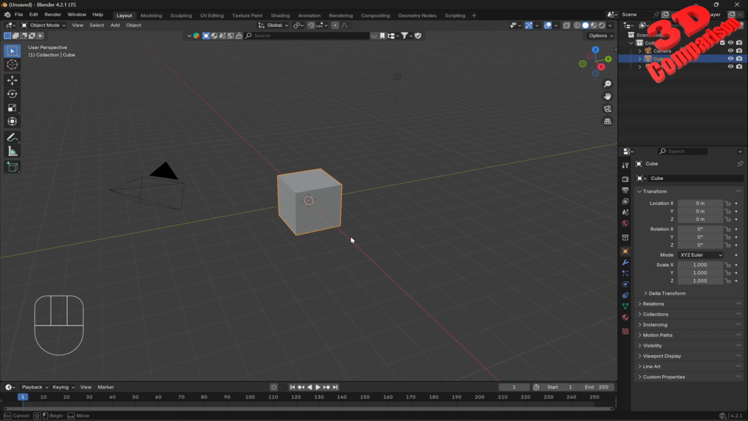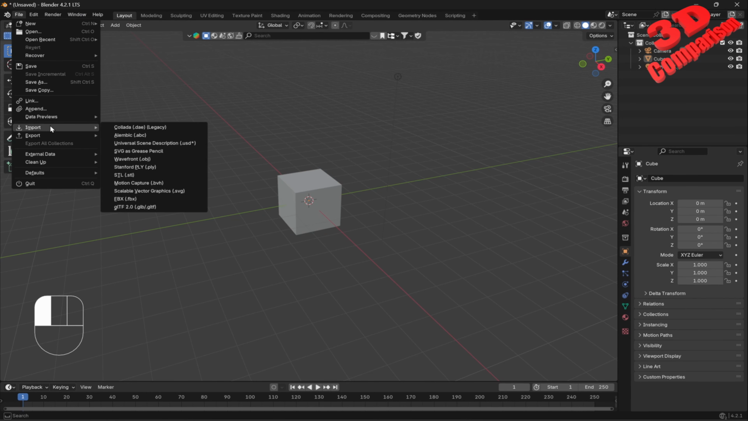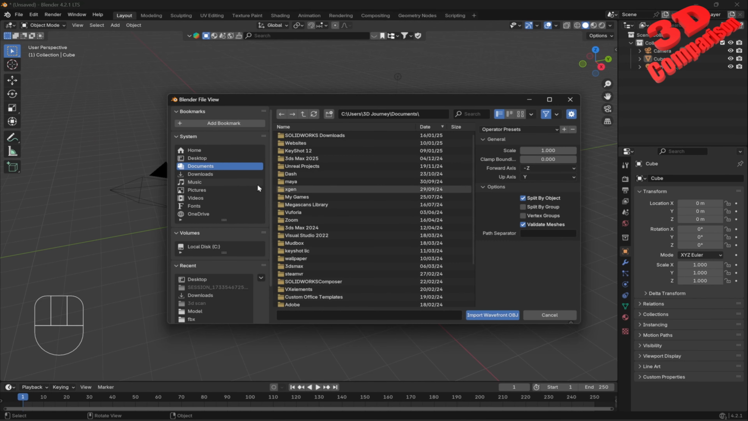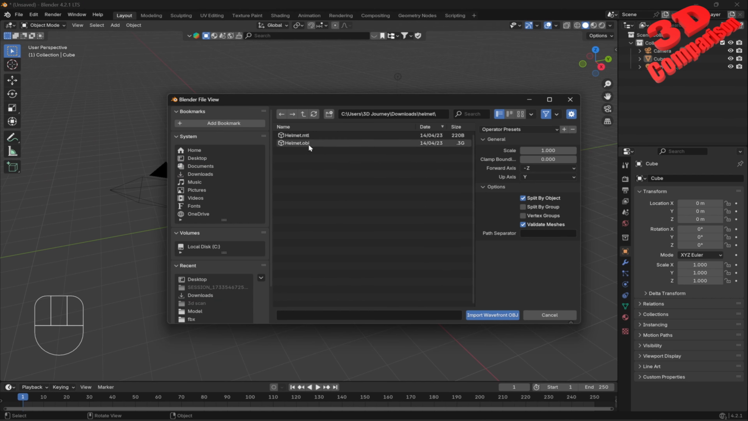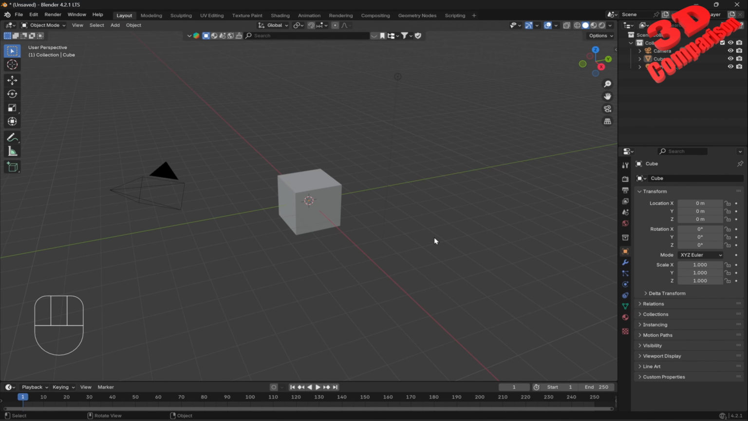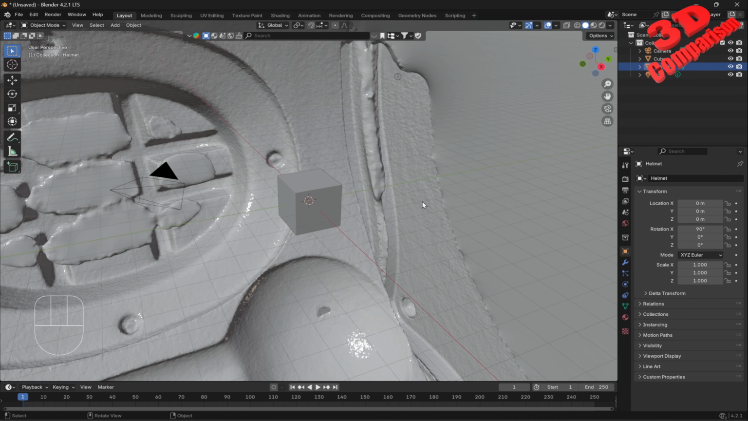Okay, so within Blender, this is the default scene. And if I go to File, Import, Wavefront OBJ, within Downloads, this will be the file. So we see over here the file size. This will be larger than the one that has been extracted from the archive. So if I import this, we're going to see that by default, this will be imported at a large